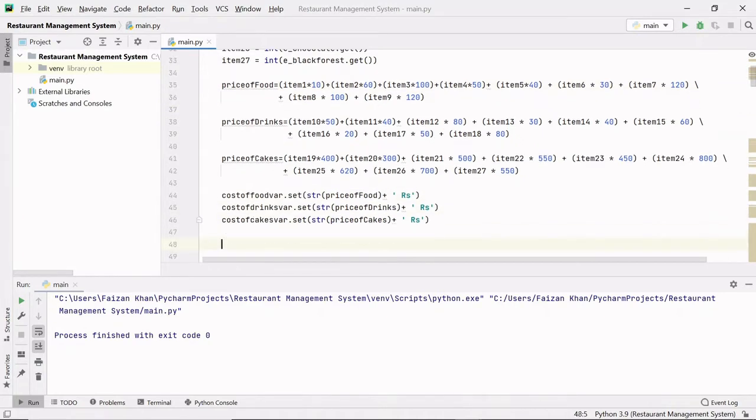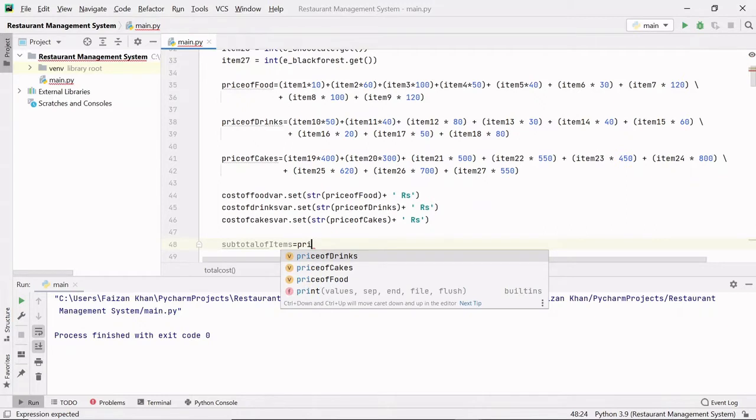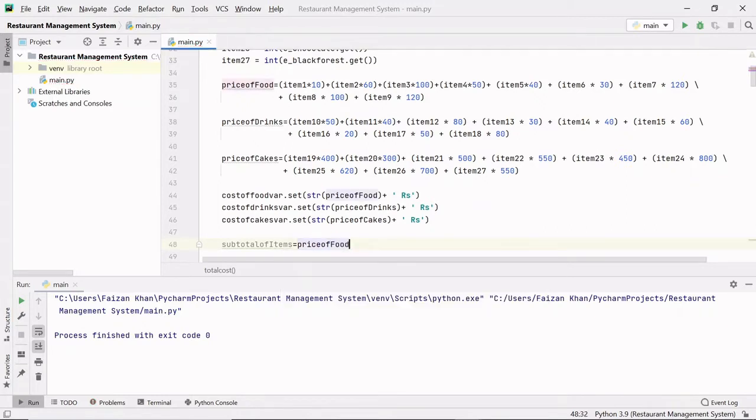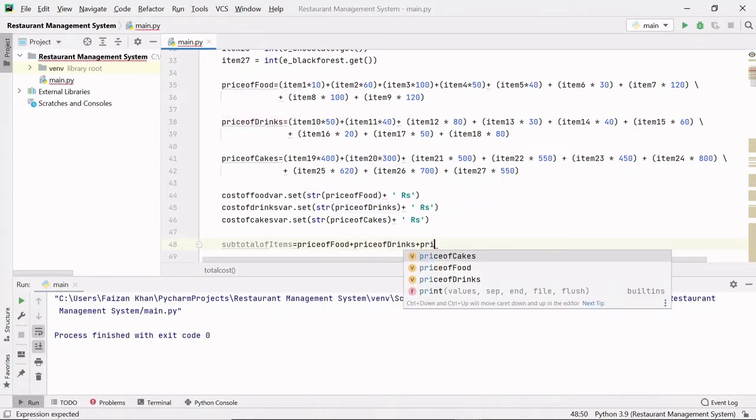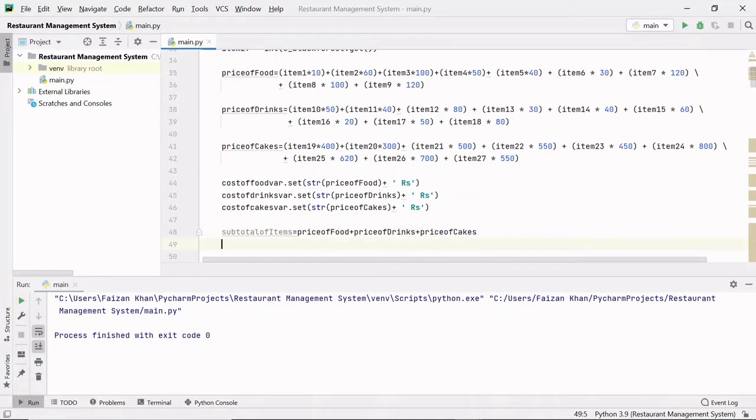Now we need to add the subtotal of items. So here I'll create a variable subtotal of items equals to, it will simply be the addition of all the costs, price of food plus price of drinks plus price of cakes, right? And then I will add this subtotal of items to our entry field. So here I'll write subtotal var dot set method, and here I will set this subtotal of items, and then I will also concatenate rs